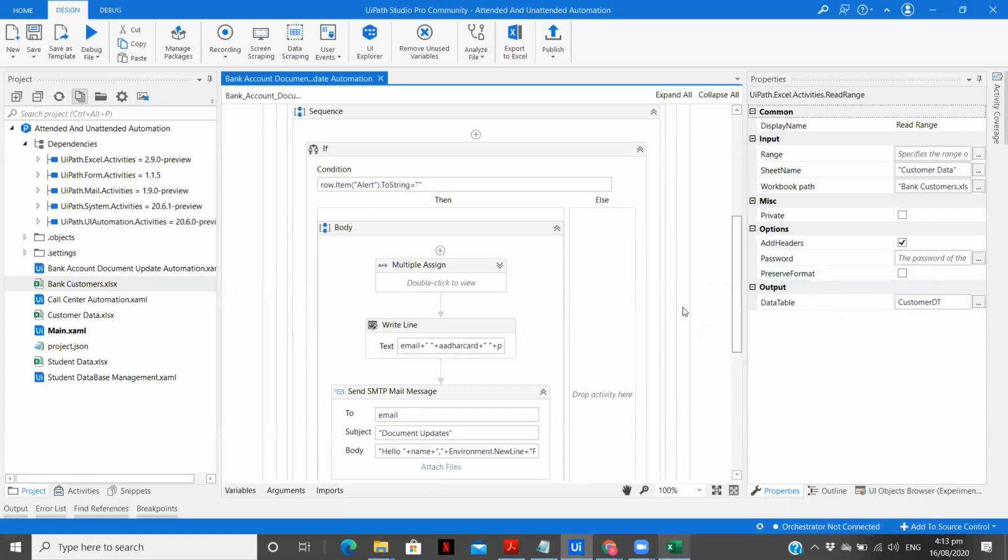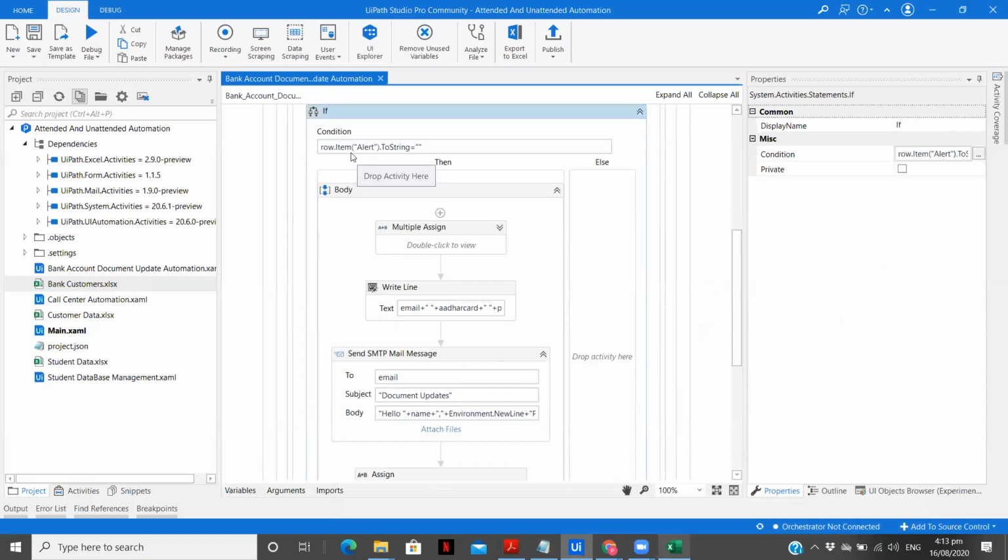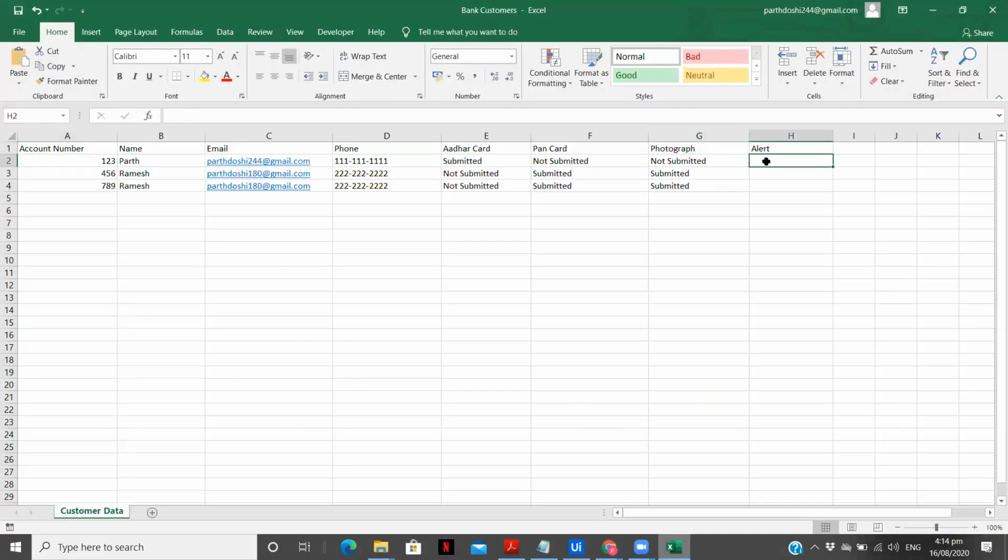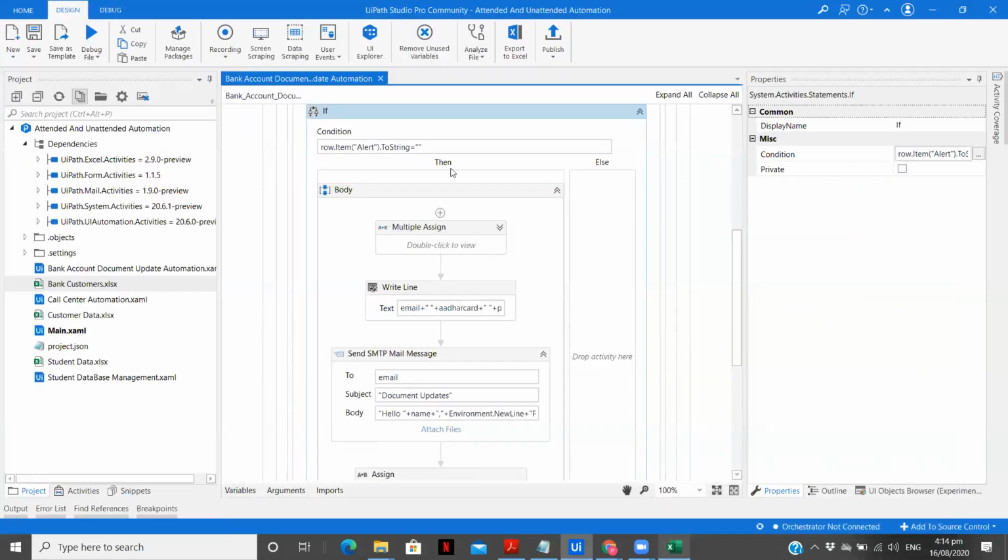After that, we are checking whether the alert column of this particular row is empty or not, because if it is empty, then only we need to send a reminder to the user. We don't want to spam the user, so we are going to send just one mail. Now you can configure this bot how you want it to run, like once in a week or once in 2 weeks or whatever it is. That can be done at a later part.